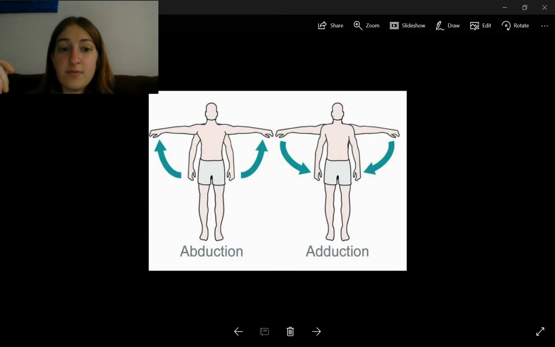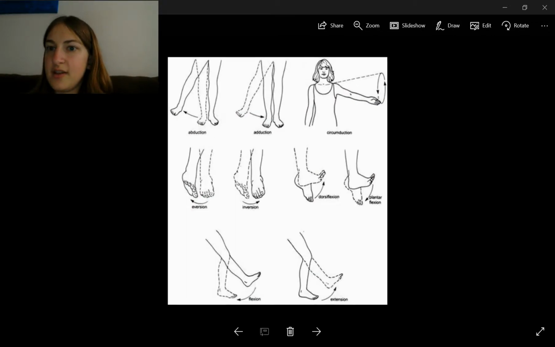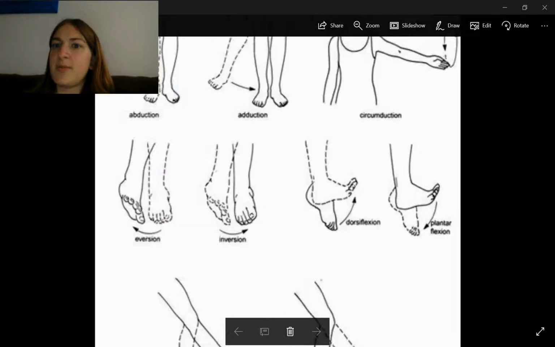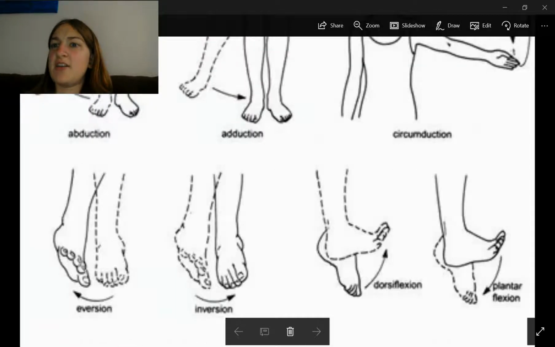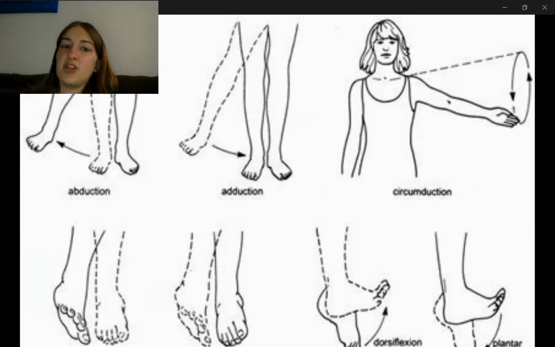So, then there's also circumduction. The only ones that I've really learned about are abduction, adduction, and circumduction. So, circumduction is a combo of abduction and adduction, or flexion and extension, that results in an appendage being moved in a cone-shaped wave. I can't really do that very well at the moment, but